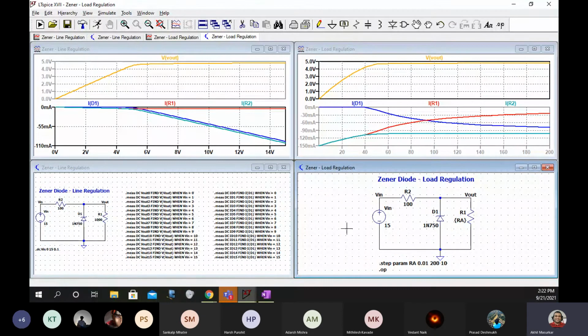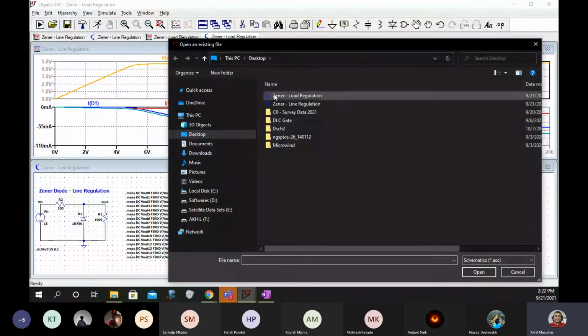Yes, sir, the name is load regulation, but when we open it, it's line regulation. Yeah, I understood that. Here it is written line regulation, right? Yes, sir. But does it have a dot step param? No, sir, it's wholly line regulation. Did that happen? One minute. See, this is the file with which I am working.